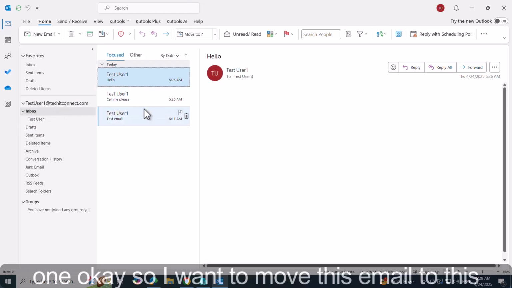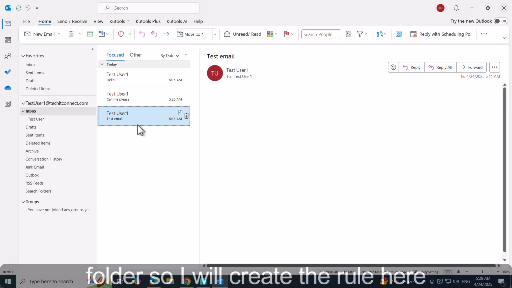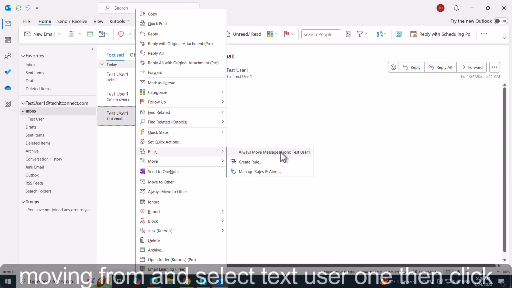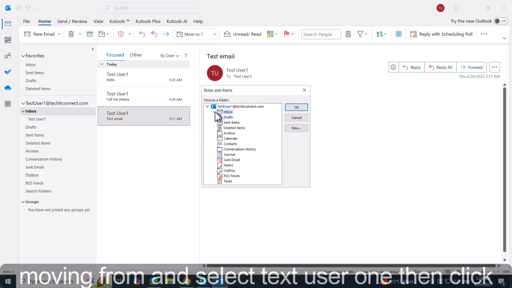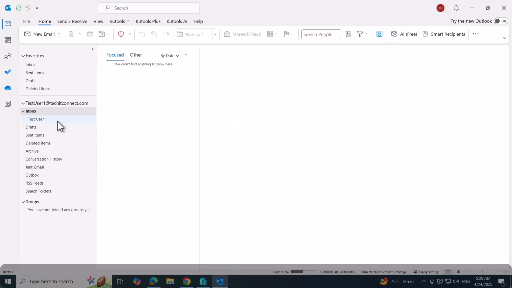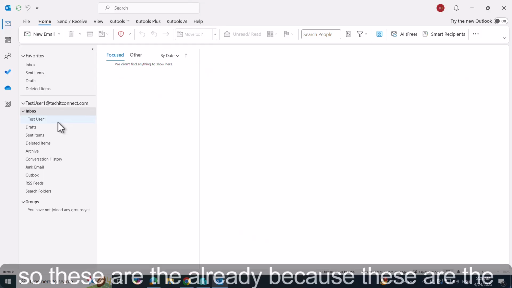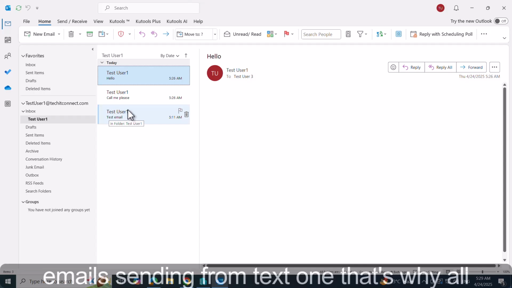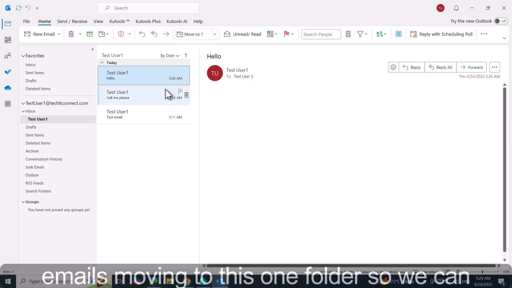Okay, so I want to move this email to this folder, so I will create the rule. Here we go. Rules, moving from, and select test user one, then click on okay. So these are the emails sent from test one, that's why all the emails are moving to